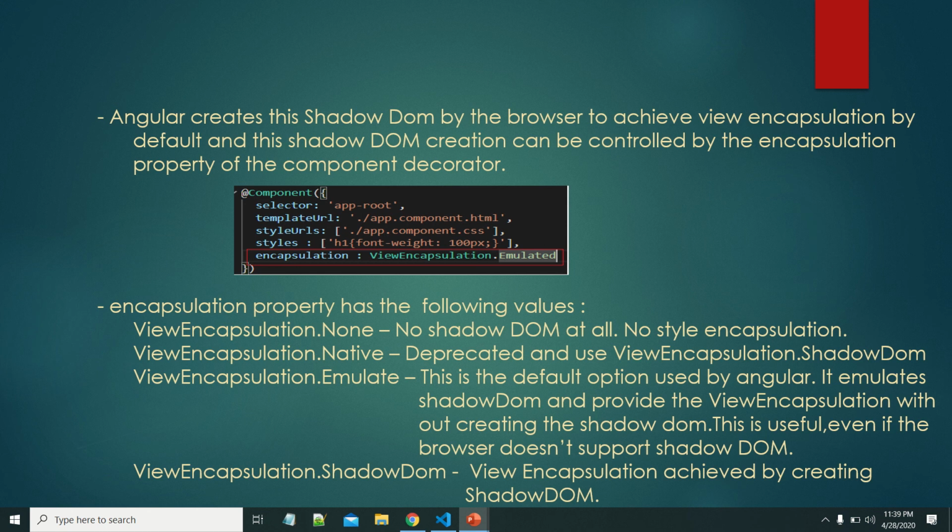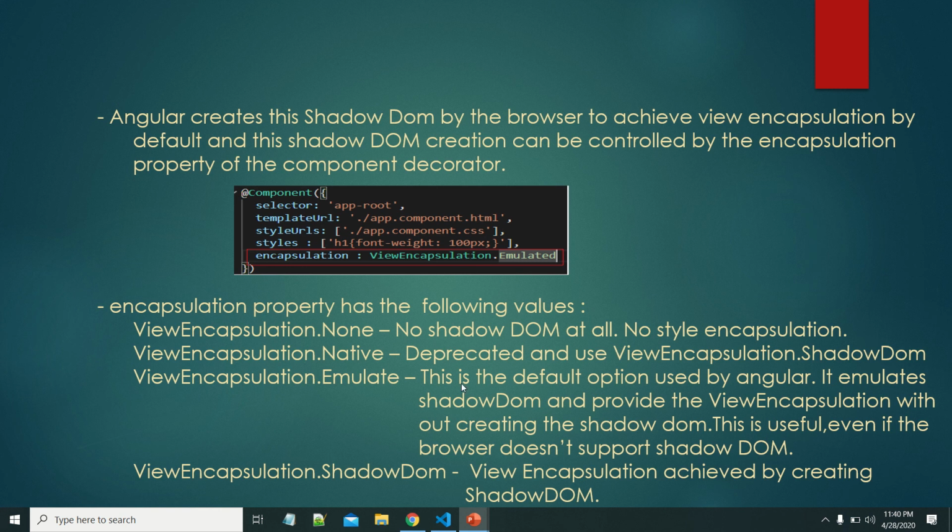If you are not specifying any view encapsulation type, that means it is emulated. Basically, it emulates the shadow DOM and provides view encapsulation without creating the shadow DOM. If some browsers don't support shadow DOM creation, then this option is best. That's why it is the default for the Angular framework. ViewEncapsulation.ShadowDom means the shadow DOM is created to achieve view encapsulation.